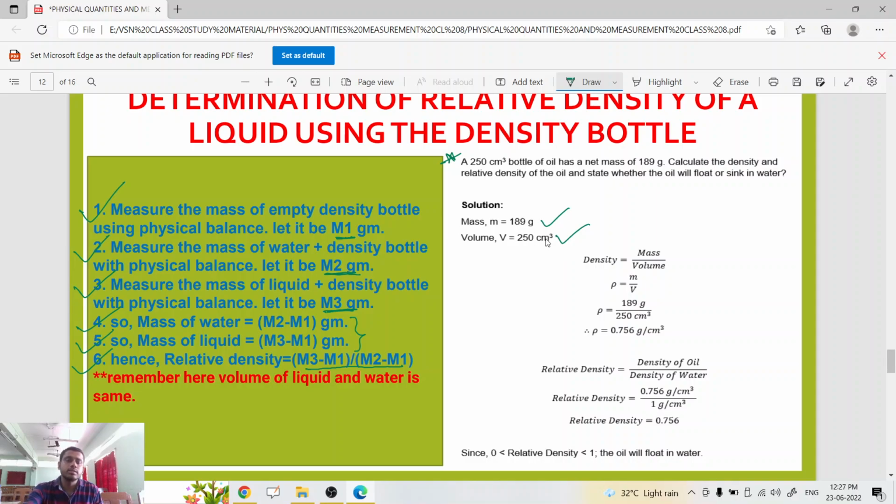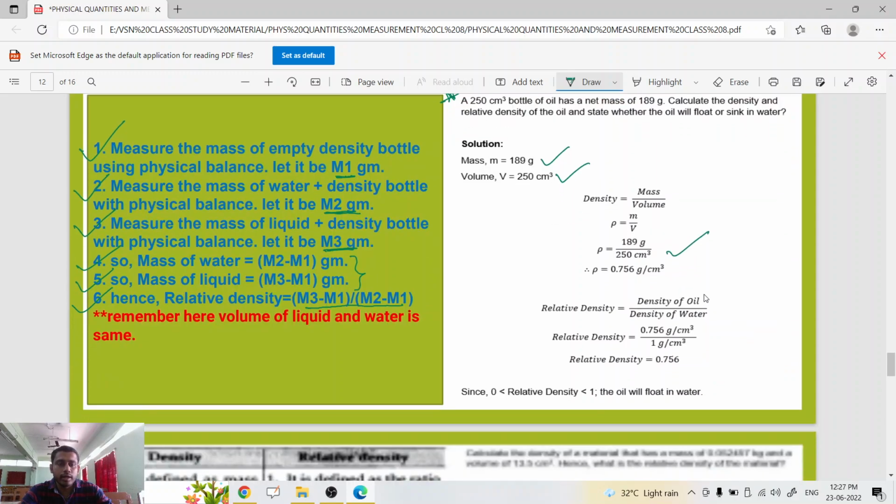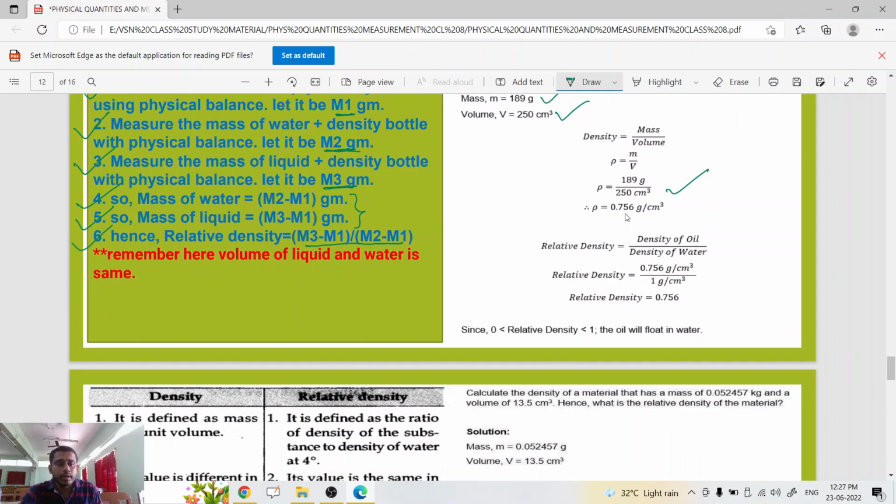In both cases they are in the CGS system, that means density is equal to m by v. We just put the value, 189 divided by 250 centimeter cube, and we get 0.756 gram per centimeter cube. Relative density means density of oil divided by density of water, and we know the density of water in the CGS system is 1, that means relative density is equal to 0.756. From this case you can see the relative density of oil is less than 1, that means it will float